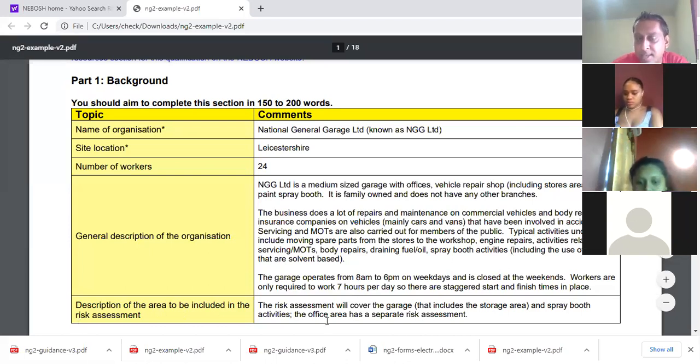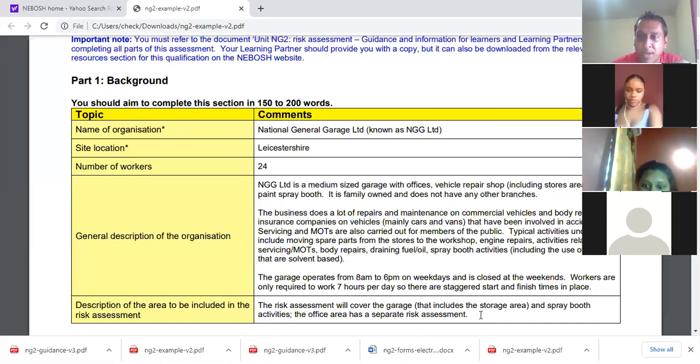So let's see what they said. They say the risk assessment will cover the garage that includes the storage area and spray booth activities. The office area has a separate risk assessment. So this is a refining approach where you say, of the areas you mentioned on top, like the office in Duncan Village or the school down in Riverside Drive, the risk assessment is only going to cover the school in Riverside Drive. The office has a separate risk assessment,